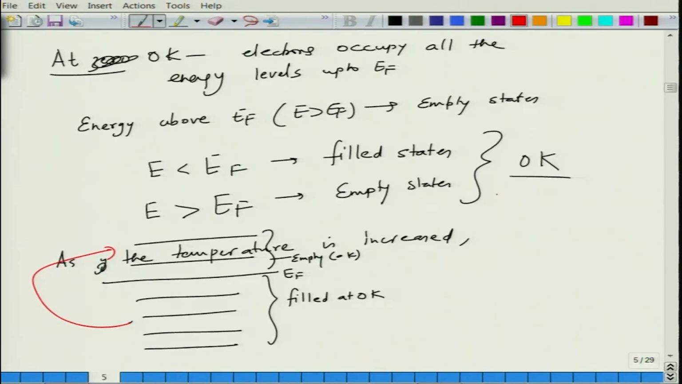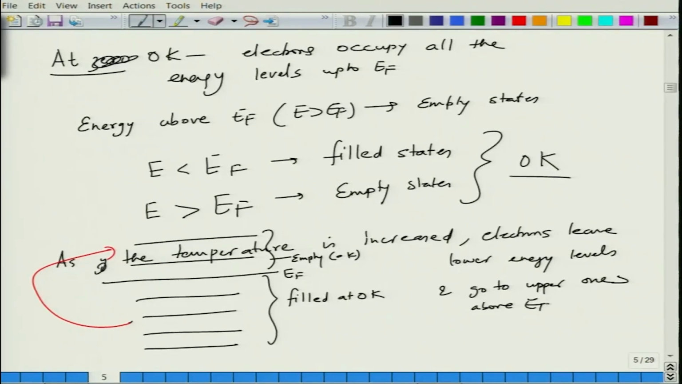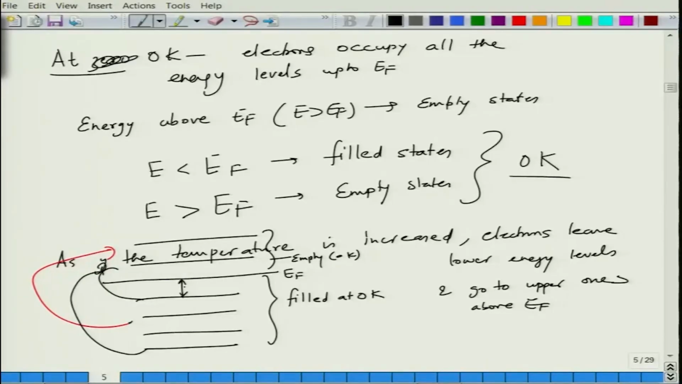So as the temperature increased, electrons leave lower energy levels and go to upper ones above EF. So the question is, where do they leave first? Do they leave from here or do they leave from here? Naturally they will leave from the energy levels which are closest to EF, because the energy difference is the minimum. So when you increase the temperature, thermal energy excites the electrons which are in the vicinity of the Fermi level